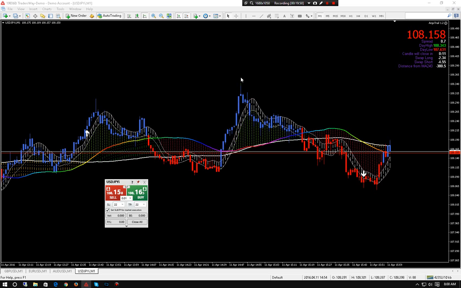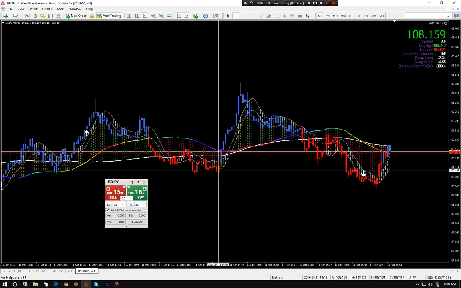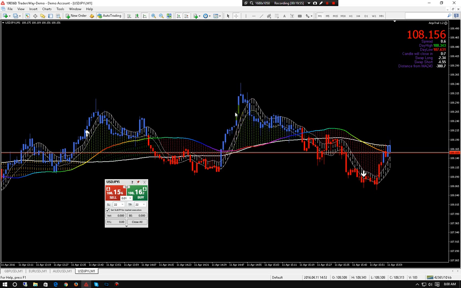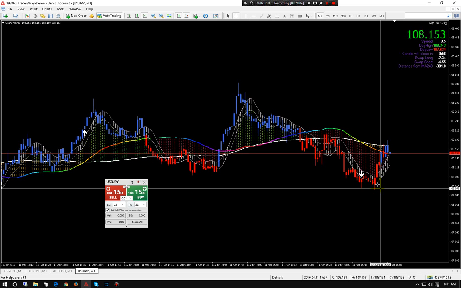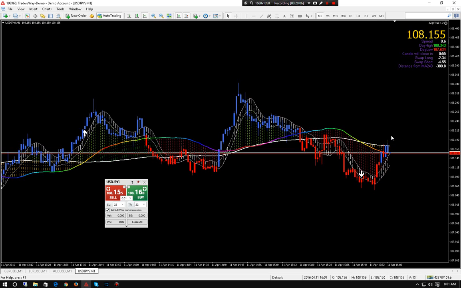Can anyone tell me how big this move is without measuring it? So that's a 23 pip move. Could you have guessed that was 23 pips just from looking at the chart, or without having to take the time to measure it? We're dealing with a 1 minute chart. We're not going to have time for all that. Up here, that's a 12 pip move. You can't judge any of this. You have no idea.